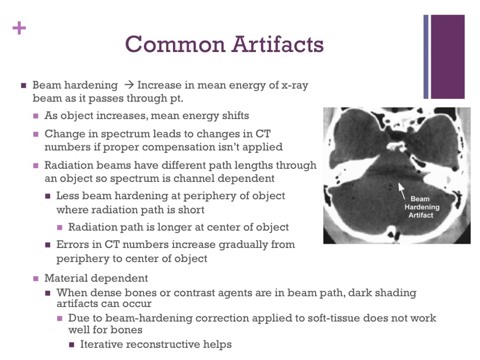Also, since radiation beams have different path lengths through an object, the X-ray beam spectrum becomes channel dependent. There is less beam hardening at the periphery of the object where the radiation path is short, compared to the center of the object where the radiation path is longer. Take a look at figure 938 to see an example of this. Due to the beam hardening effect, errors in CT numbers increase gradually from the periphery to the center of the